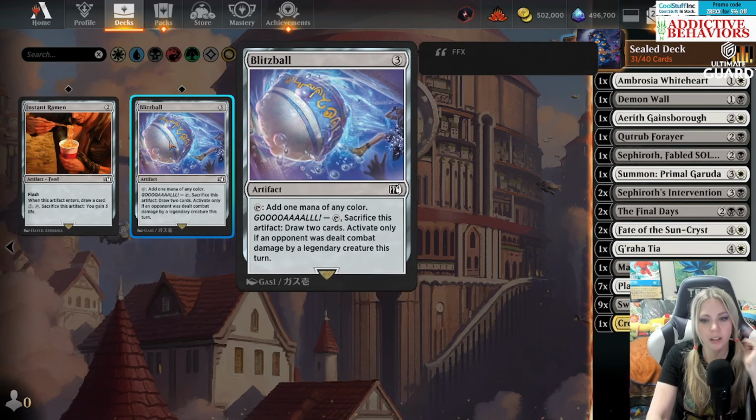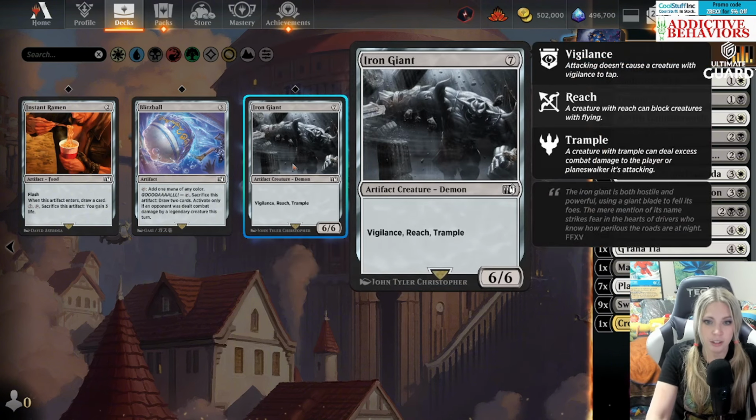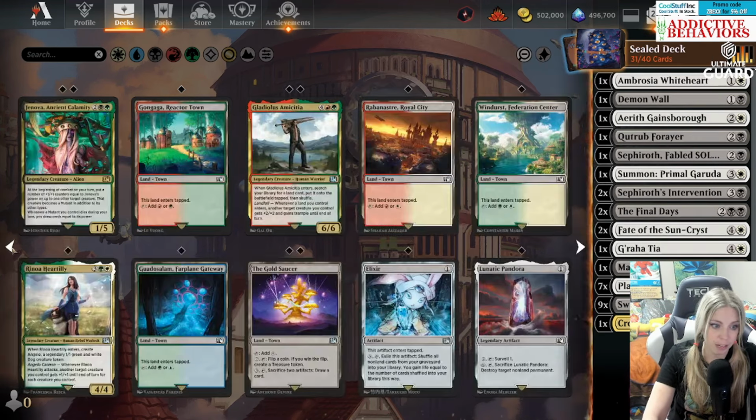Blitzball. Add a mana of any color. Sacrifice it to draw 2 cards. The mana rock will be good if we end up adding a 3rd color. And this Iron Giant also could be pretty good at the top end, but you know, it is 7 mana, so